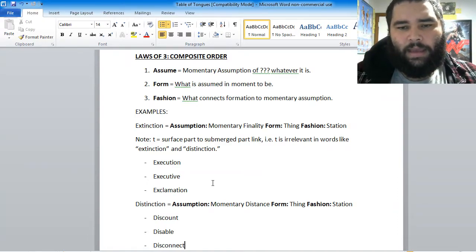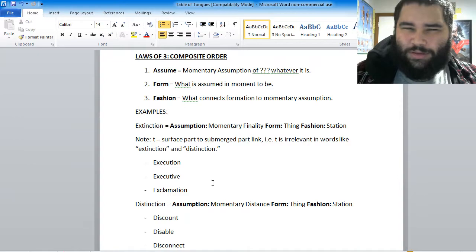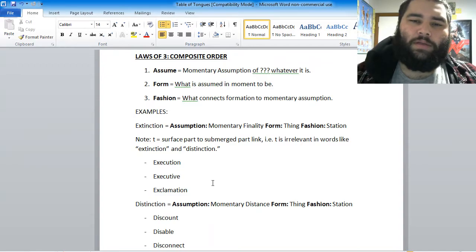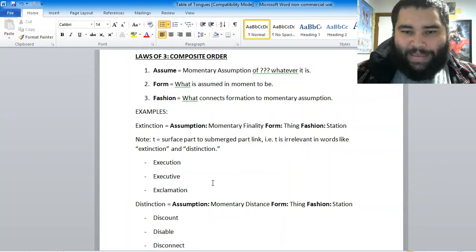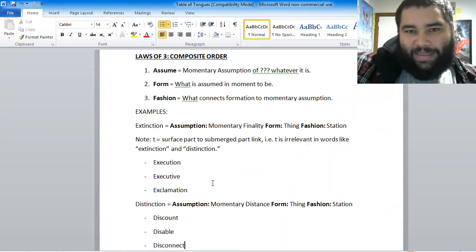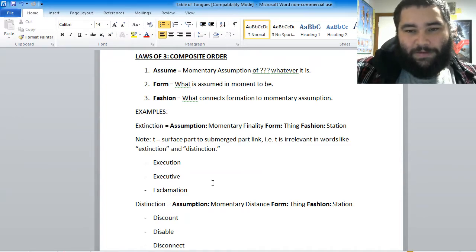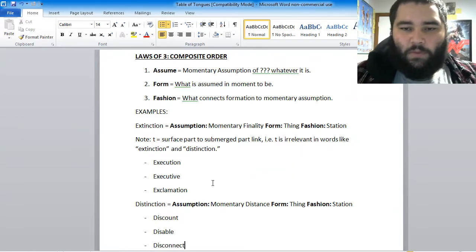One has to speculate, and the only way to really arrive at these conclusions is through speculation. One has to speculate that early man would look at a thing, and so the form is thing, right? In the word extinction, the form is thing. He would look at a thing. The thing is obscured of details, right? You're not going to find the details, because this is before you find the details. This is when you are venturing forward to the thing.